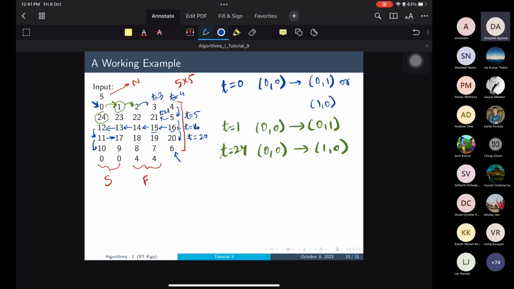Let's move over here. Then we can move here, here, and we have finally reached 6, right? So to reach 4 comma 4, we can reach there at t equals 16, right? Yeah, and following this particular path,